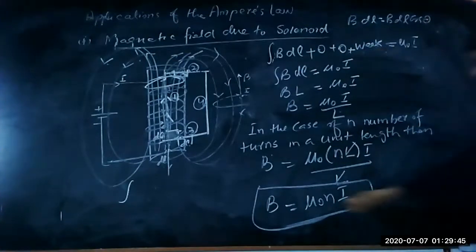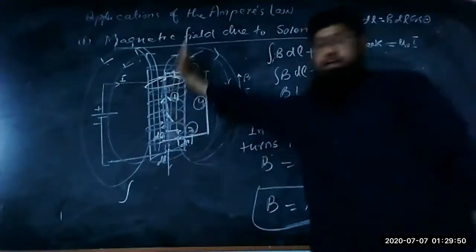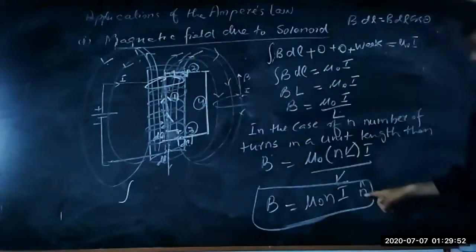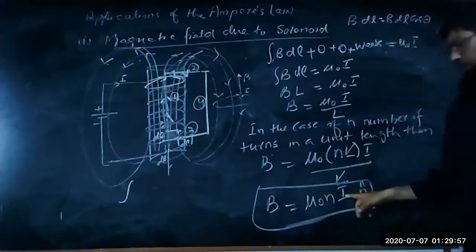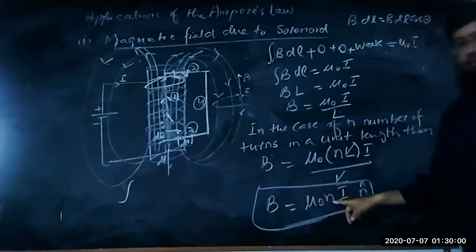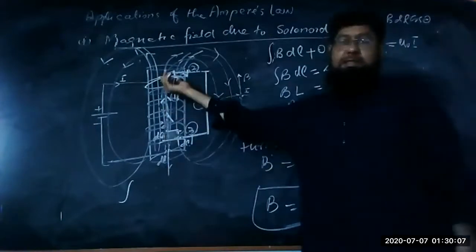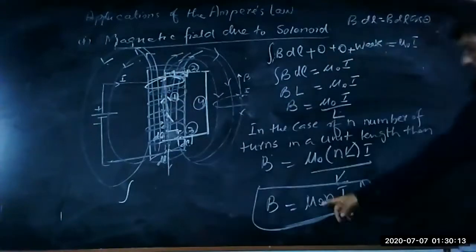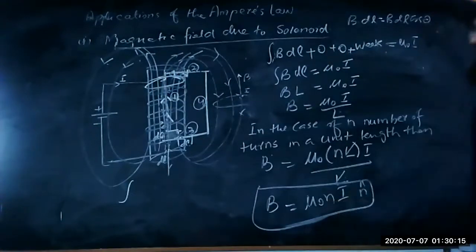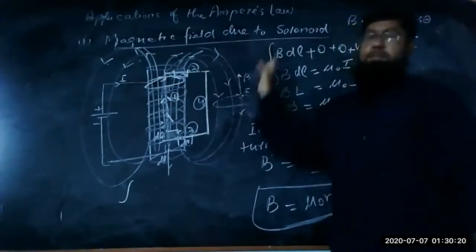So this is the magnetic field. This is the unit n, which shows the direction of the magnetic field, which is inside here. Clear? This n unit vector indicates the direction. So the magnitude of the magnetic field is directly proportional to the current, and directly proportional to the number of turns. Mu naught is a constant which we call the permeability of free space. Because there is a free space, there is no magnetized material, so its permeability is equal to mu naught. Clear? So this is the magnetic field measured inside the solenoid using Ampere's law.